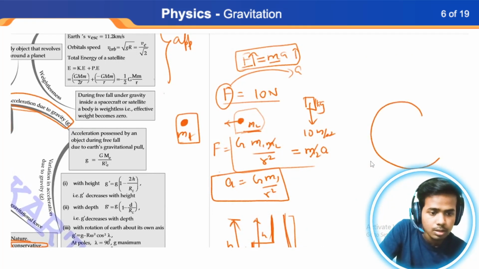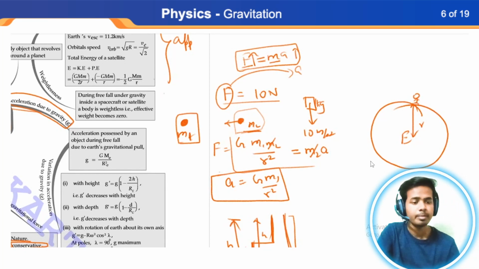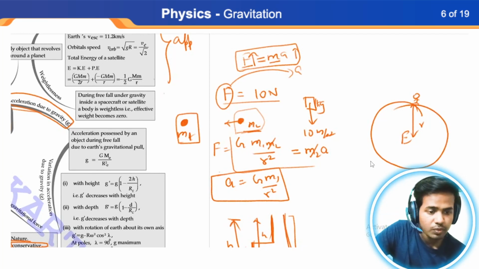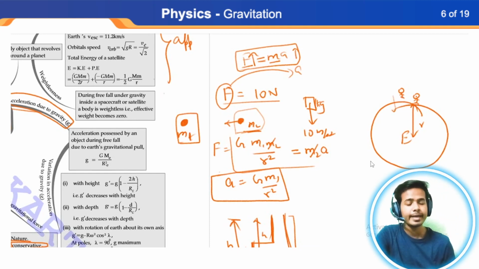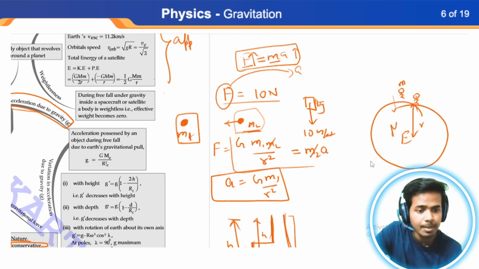Let's take the example of Earth. This is the Earth, and this is the radius r. Of course, on the surface, if a person is there, its mass and dimensions are incomparable to the mass and dimensions of Earth, right? So what will happen is, if let's say this person goes to a very small height and jumps back, with what acceleration will it get attracted? We can simply find out. Let's say this is the mass m of the body and capital M the mass of the Earth, and this is the radius of Earth, Re. Then